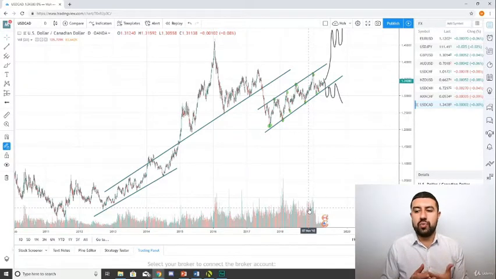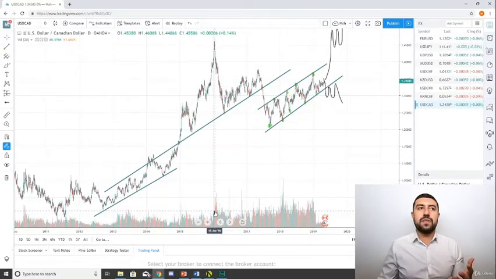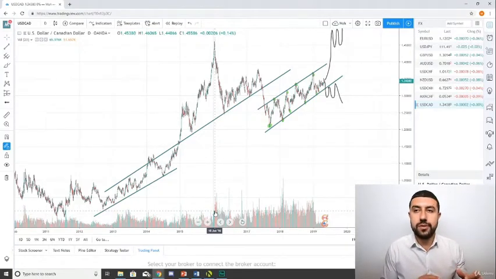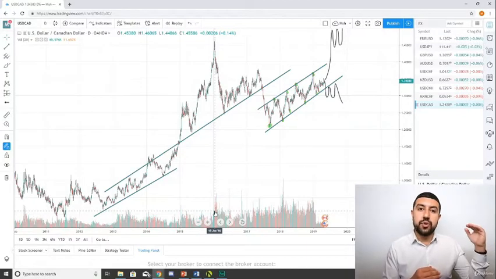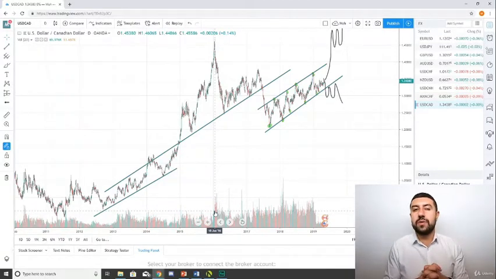Now, why would you care about volume? What would volume tell you? Well, does it make a difference if there's $1 billion that were transacted or $100 billion? Yes, it would, right? If you're looking at real estate and all of a sudden you see that prices of houses in your neighborhood increased because one guy bought a house at a very high price, does that give you an indication that prices will continue to increase? No, it's just one guy. But let's say all of a sudden there's hundreds and hundreds of people who start buying and selling at higher prices in your neighborhood. Well, would that give you an indication that prices are increasing?